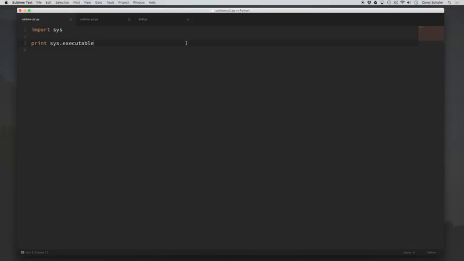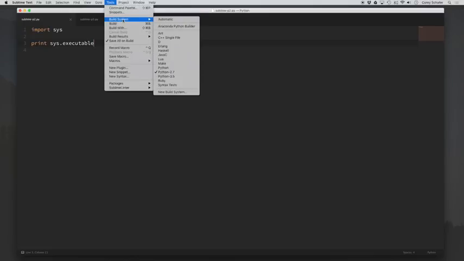In this video, we'll be learning how to create multiple Python build systems within Sublime Text so that we can run Python 2 or Python 3. Now this can be extremely useful if you're working on multiple projects and need to switch between different versions of Python. So if we look at my Sublime Text here, up here in Tools and Build Systems, you can see